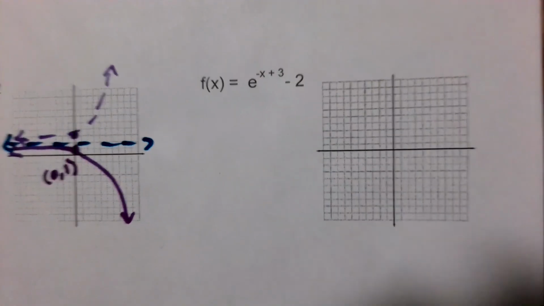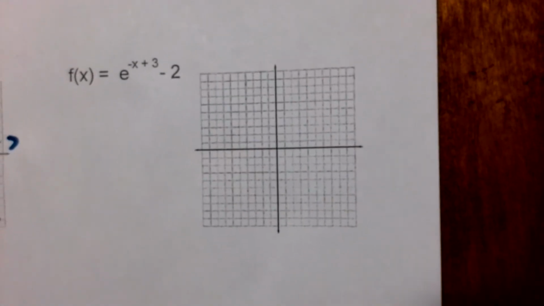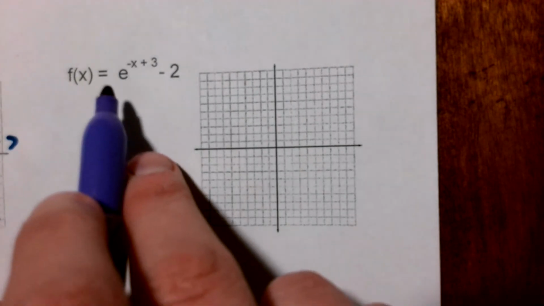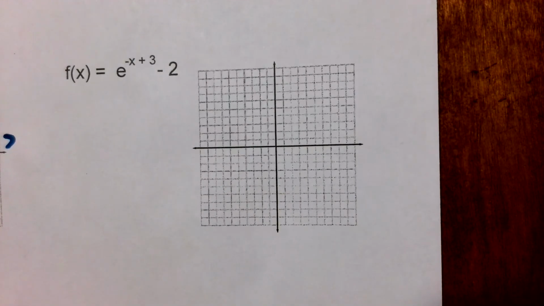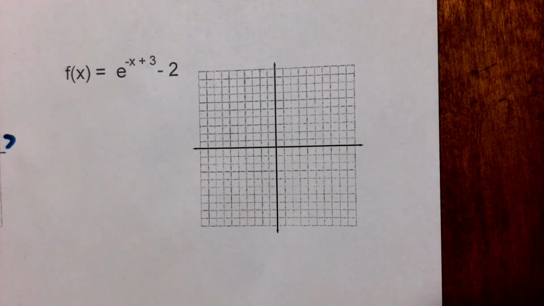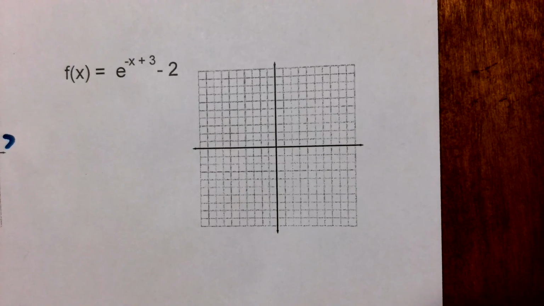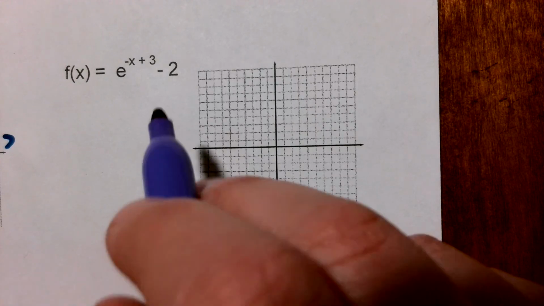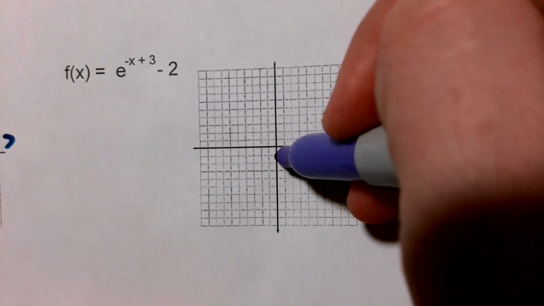Okay, so last one. This one's got an e in it. If we remember from Algebra 2, e is like pi: it is a letter, but it actually represents a specific number in math. So e is like 2.718 something. Just knowing that it is a number greater than 1, I know that it is growth, or at least initially it's growth. I've got that negative x up there, so that is going to be challenging. It's going to do something different to it. But let's start with our up and down shift: we are shifting down 2.